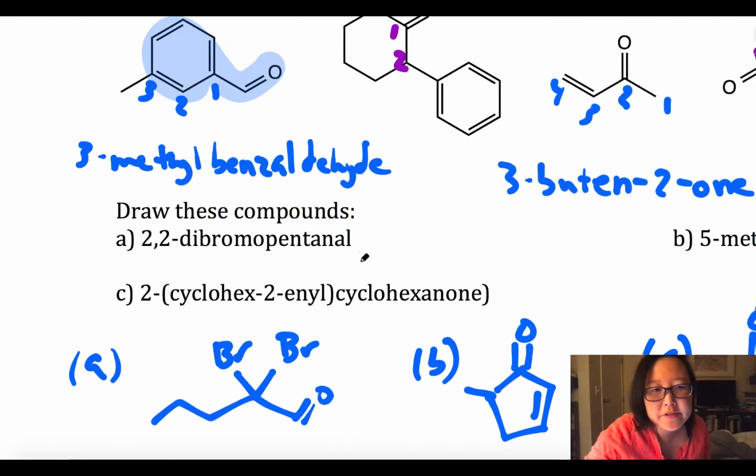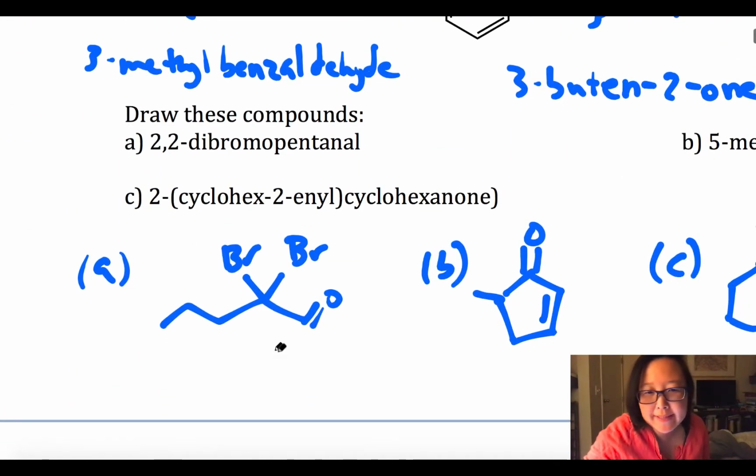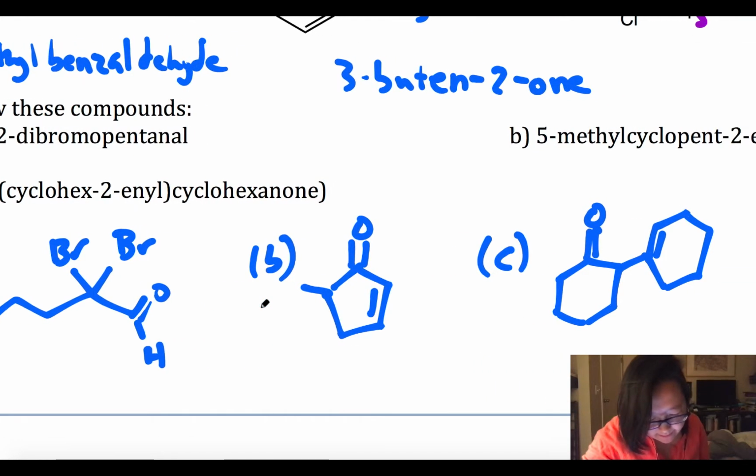Okay, so for the first one, 2,2-dibromopentanal, pretty straightforward. 1, 2, 3, 4, 5. Oftentimes, I actually prefer to have the H drawn in. I think it looks nice, but you don't have to draw it in there. But the 2 bromos in the second position, great. For part B, 5-methyl